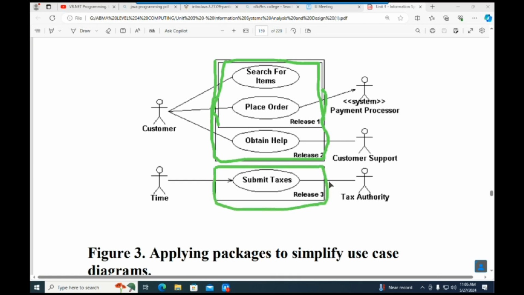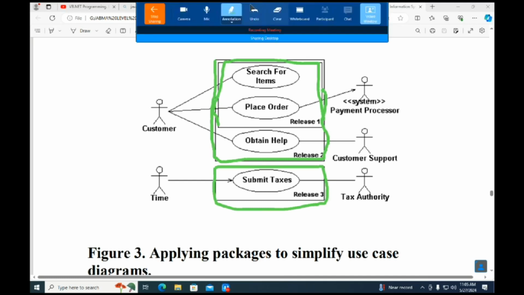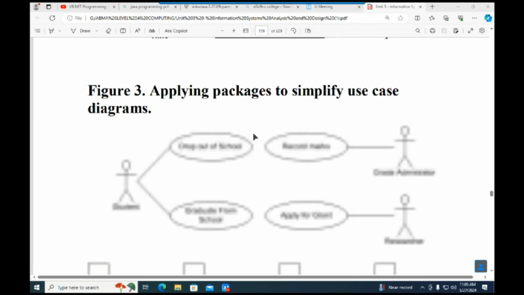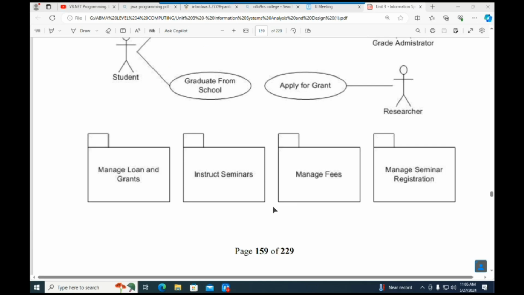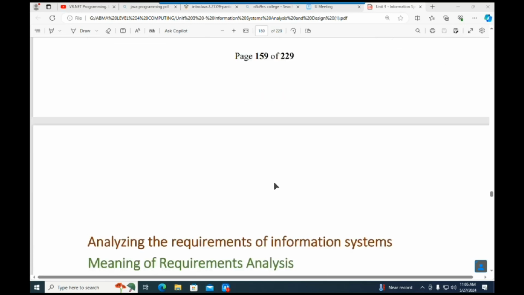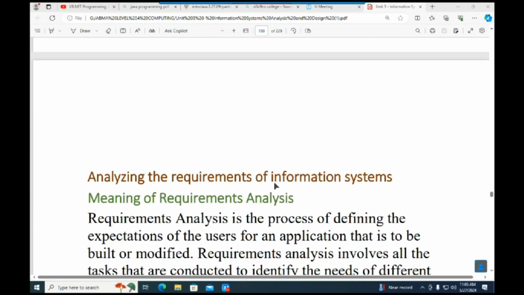That is there. We have the tax agent. So always notice that we are using the rectangle to show subsystem. So we can apply packages to simplify use cases, as you can see here. But I don't want to really go into the details of this because the ABMA does not put much focus into that. Yes, so that's about use case